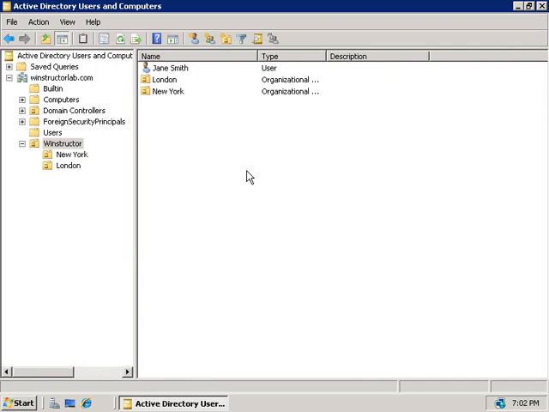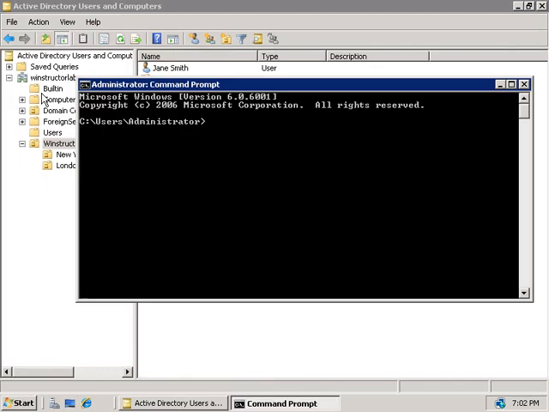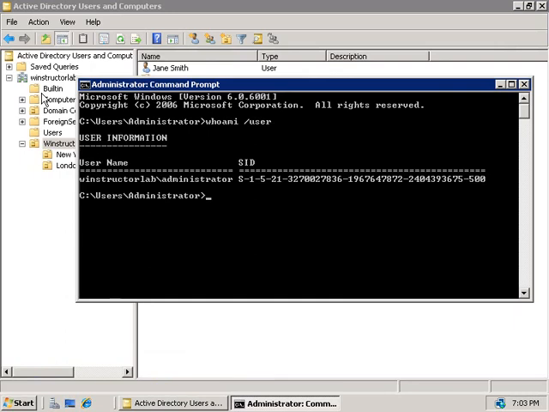So Jane's now free to log in using the password we supplied, and she'll be asked to change that password when she first logs on. Now, we're free to create as many user accounts as we like, with the only condition being that each account must have a unique name. And speaking of names, although you and I see Jane Smith here for this account, behind the scenes, Windows sees something different. So if we click on Start and open up a command prompt, we'll type in whoami with a /user switch,